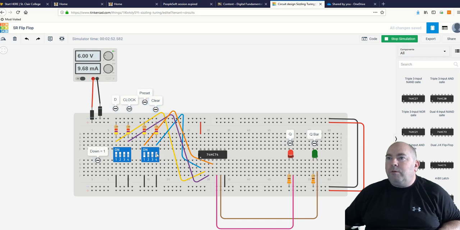Same thing with the clear. If we toggle the clear to a 0, then back to a 1, that switches us to Q bar. If we put them both as a 0, that gives us an undefined state, and they both are on. We should not have that. Okay? So now that we have Q bar showing there,